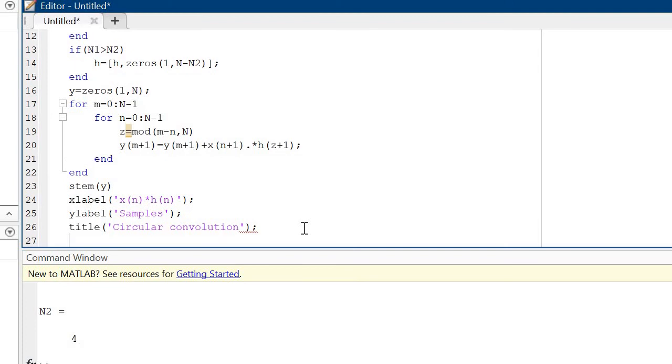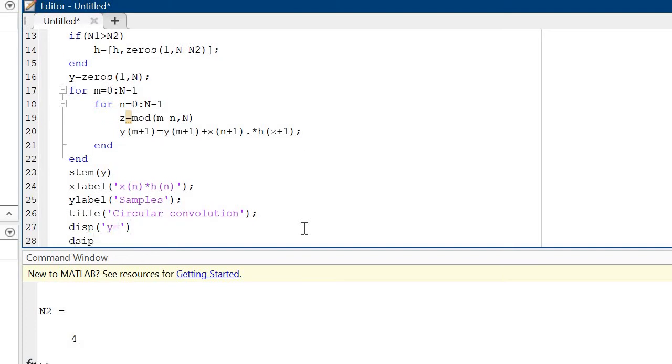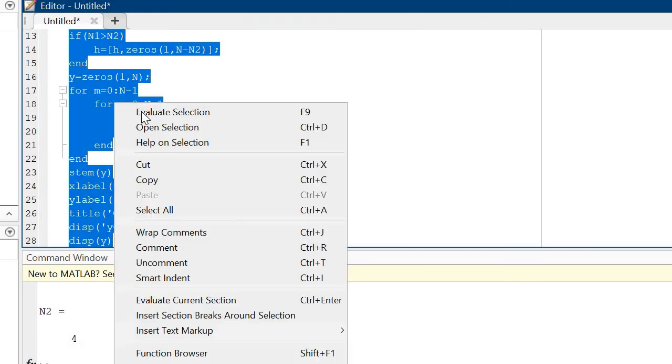If you want to display the result, simply use display bracket, and in this case write y equal to, and after that apply disp, display, and y. Okay, and check out the result.